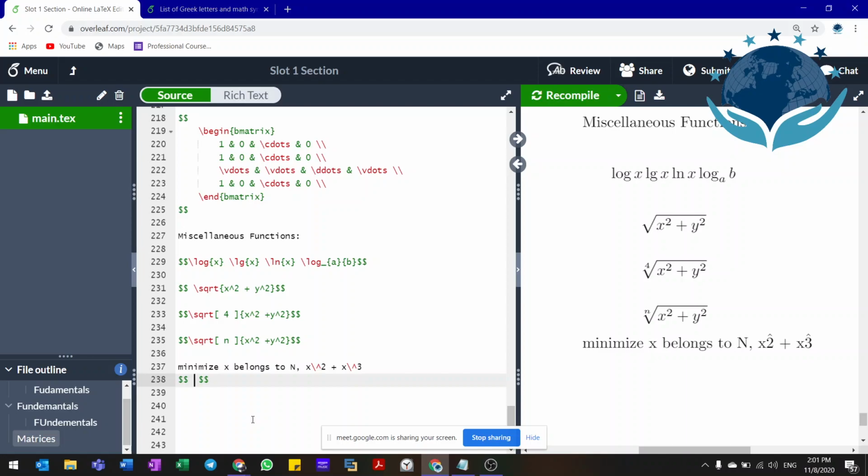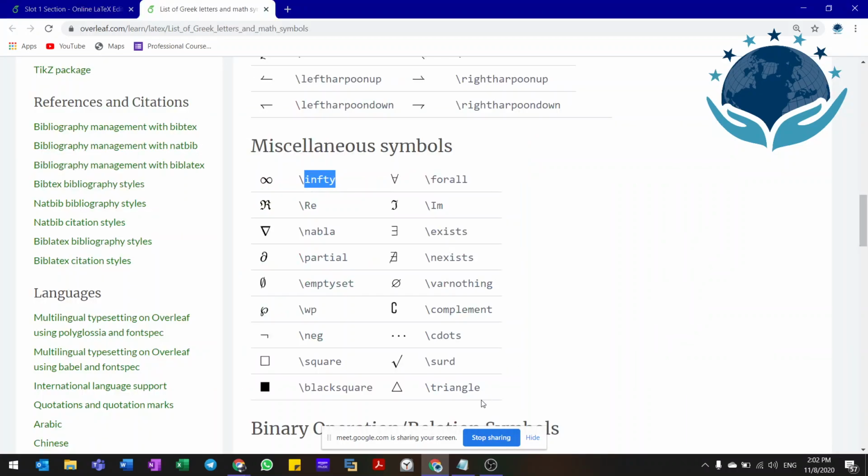So what you can do is \min, which is nothing but the minimize. Underscore will denote the statements that have to be brought under the min keyword, and there we have to denote x belongs to N. So which means that for x you have to insert a symbol that is equivalent to the element-of symbol. So here you can see that